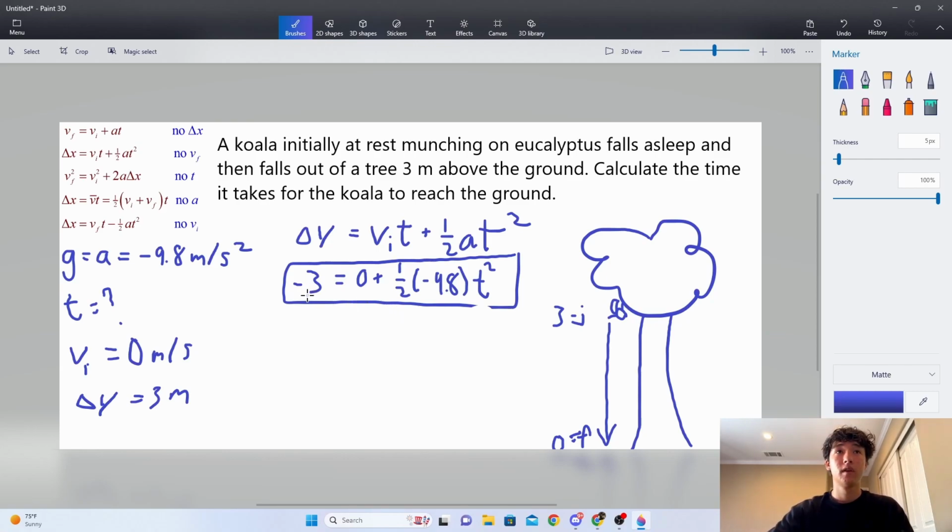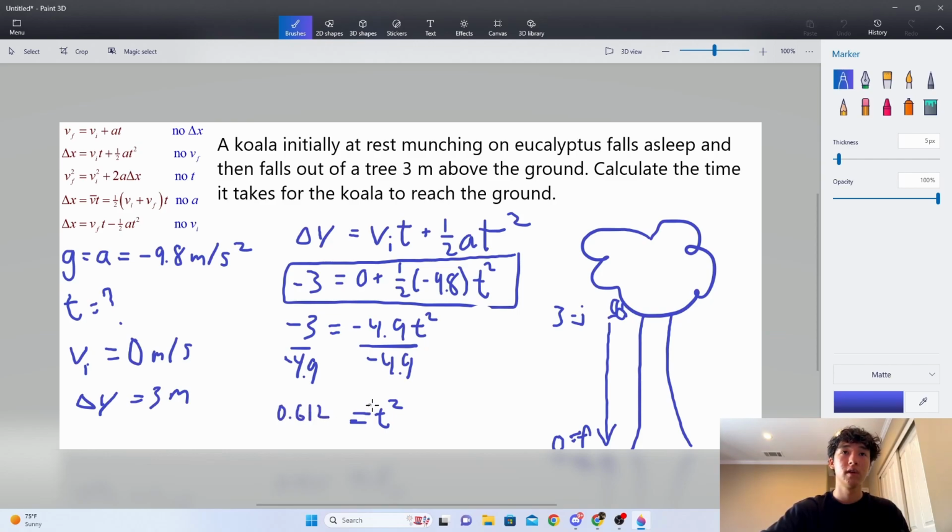Now, this is just going to be -3 is equal to 1/2 times -9.8, which is about -4.9 t squared. Now all we have to do is divide by -4.9, divided by -4.9. T squared is equal to 3 over 4.9, which is going to be 0.612. Take the square root,